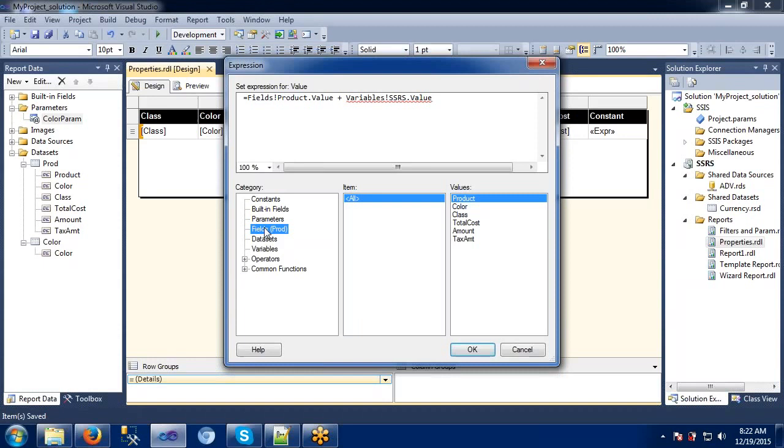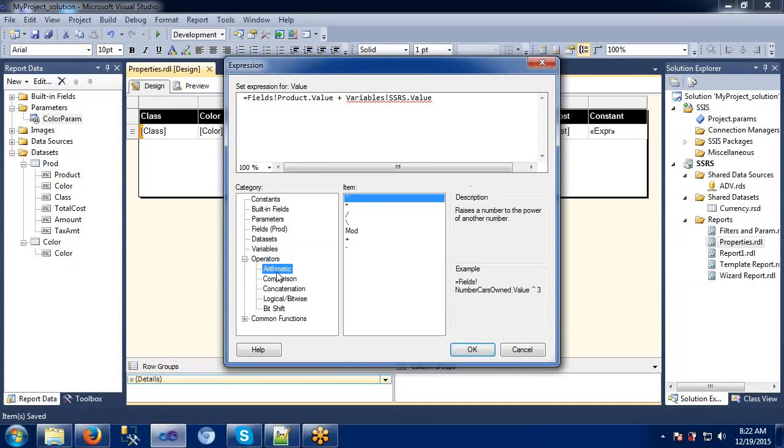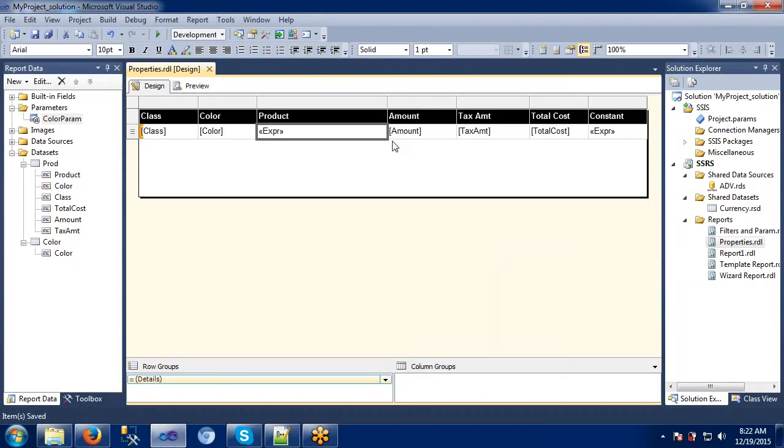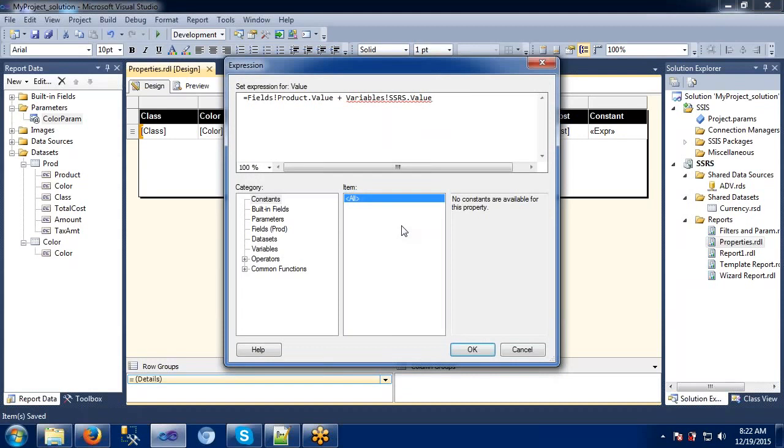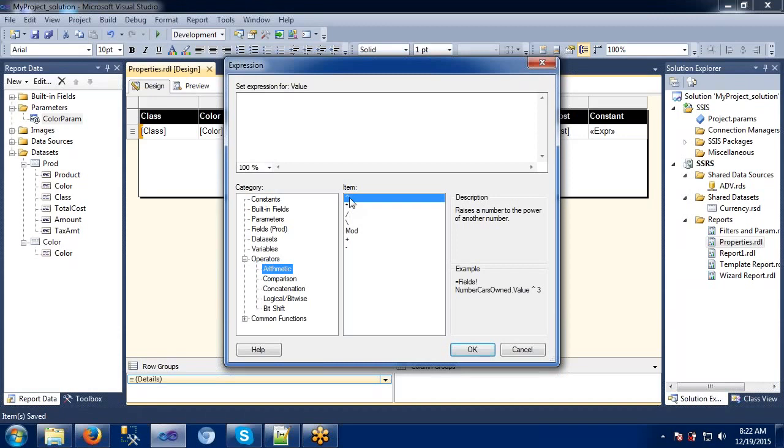The next one is variables, which we have seen. Now operators. I guess there is nothing much to explain about operators, because you have already seen arithmetic operations in the SQL sessions and in SSRS. Let me take one example here. In the expressions, I am taking the arithmetic operators which are available here.